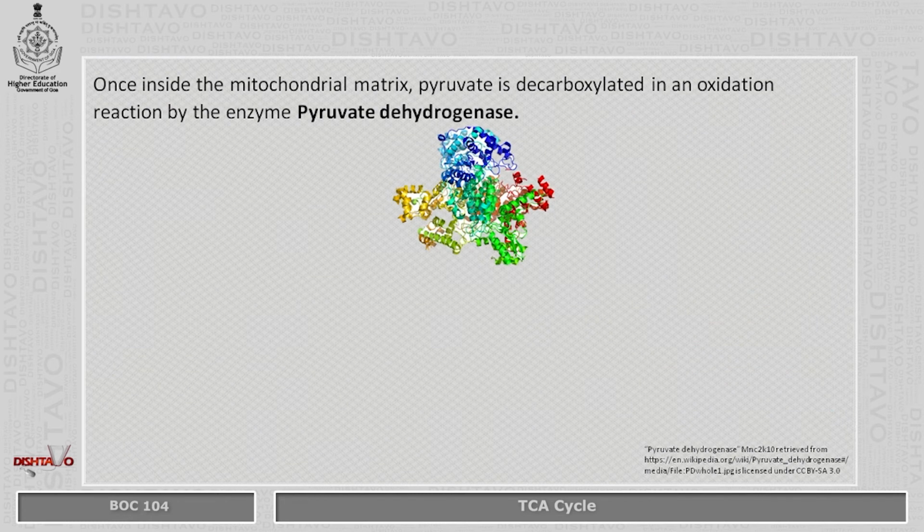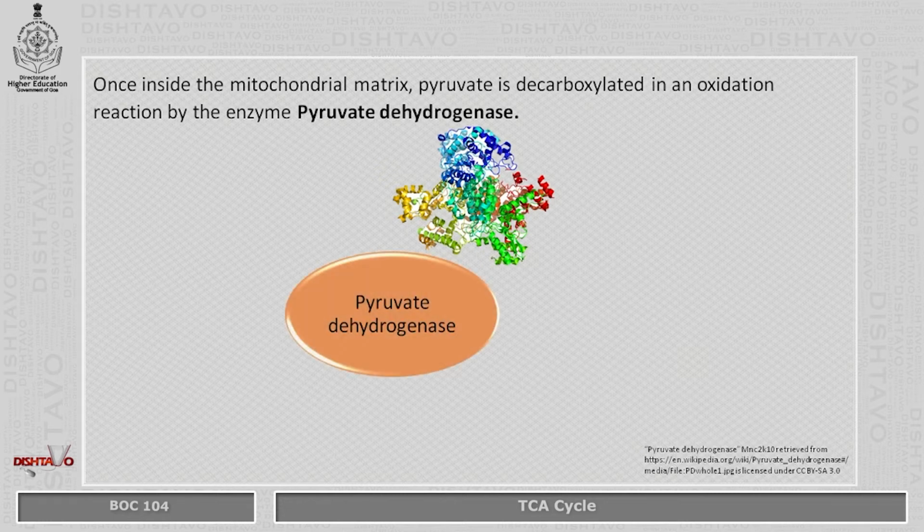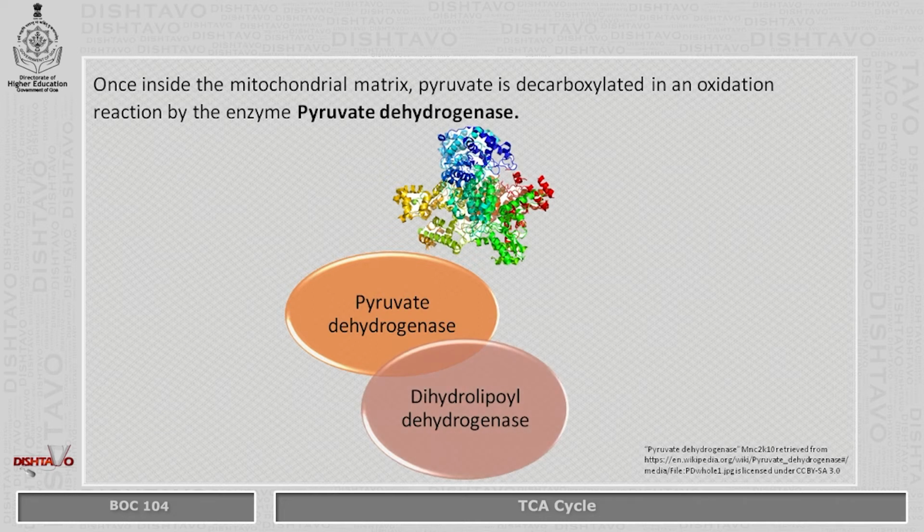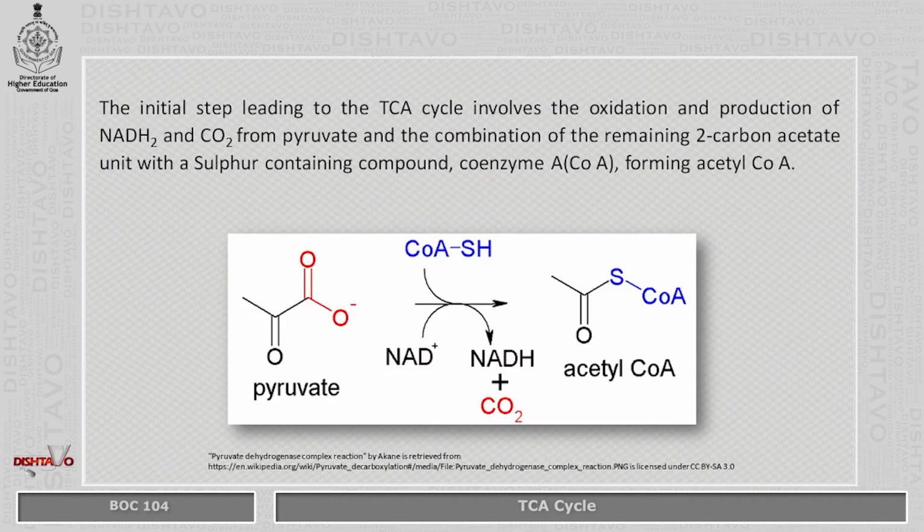Once inside the mitochondrial matrix, pyruvate is decarboxylated in an oxidation reaction by the enzyme pyruvate dehydrogenase. Pyruvate dehydrogenase is a complex molecule made up of three components: 1. Pyruvate dehydrogenase itself, 2. dihydrolipoyl dehydrogenase, and 3. dihydrolipoyl transacetylase. The initial step leading to the TCA cycle involves the oxidation and production of NADH2 and carbon dioxide from